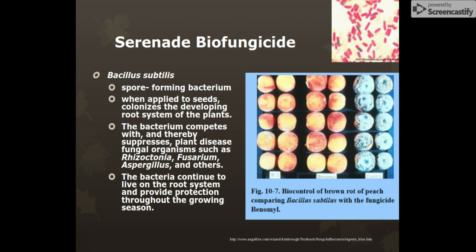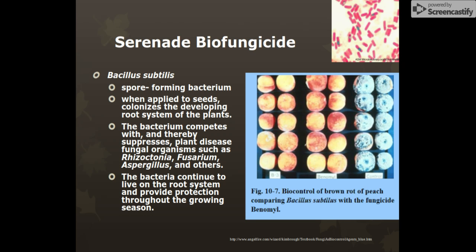And when you put it on the seeds, it's going to colonize the roots of the plants that grow. And so what we see is that this bacterium, as it starts growing on these plants, is going to compete with other organisms that also want to grow on, in this case, these fruits. So this bacterium is going to compete with Rhizoctonia, Fusarium, Aspergillus, the brown rot that we see a lot in